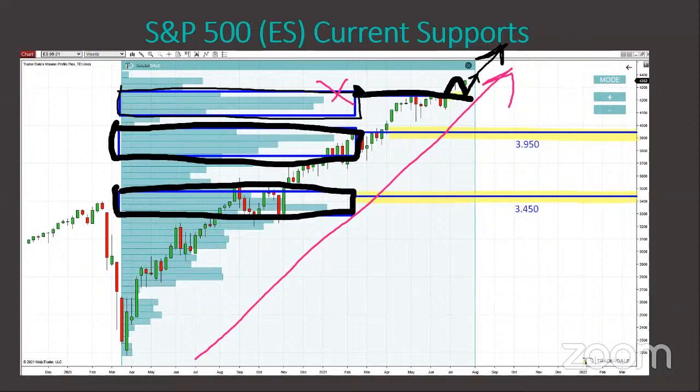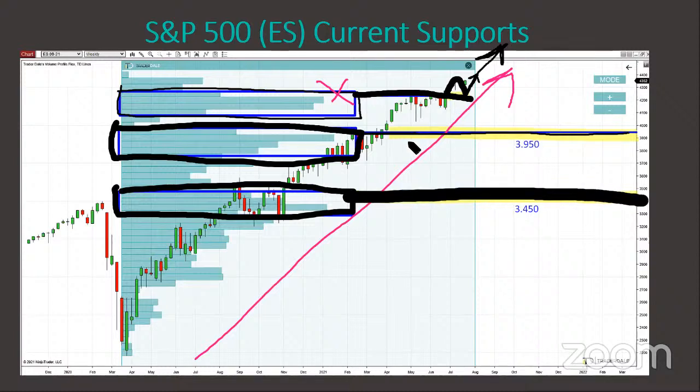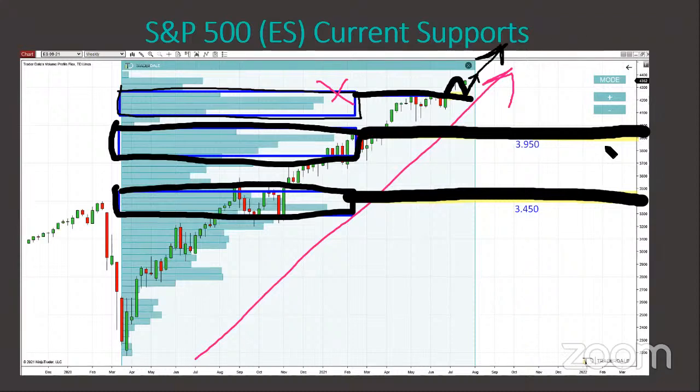So I'm not too much into trading this one. But the second one has not been tested yet, and the third one neither. So those are currently the strong supports on the S&P 500. And if you want to invest in this index, then again, what I advise you is take first half of the position in here, second half of your position in here.